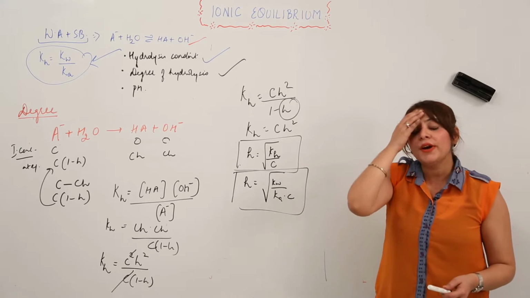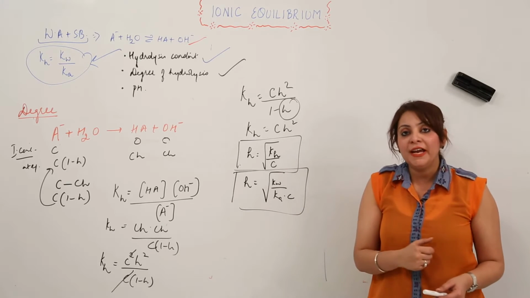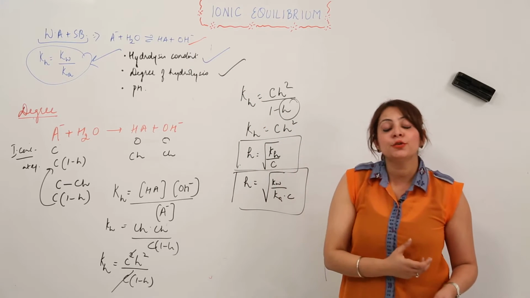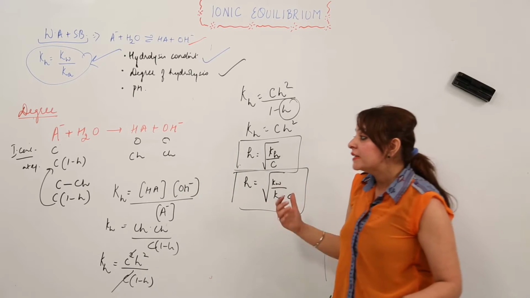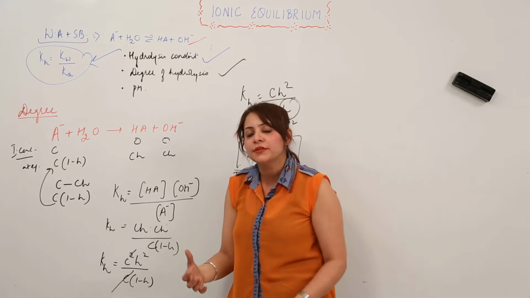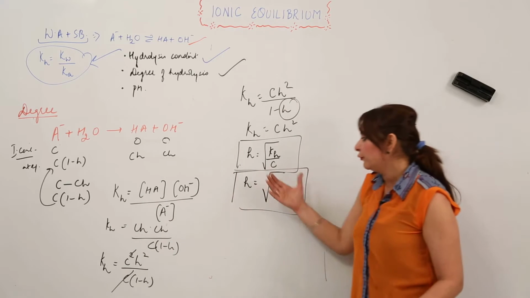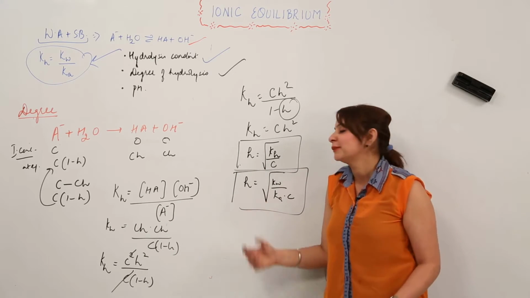Whenever you get a question on ionic hydrolysis, just write the expression, then derive the value of h if you are asked for the hydrolysis constant. And if somebody asks you to show the degree of hydrolysis, then consider the initial concentration as C and follow the same rules we used for the equilibrium constant expression before. Just solve and you will get the value. It's not a difficult task.